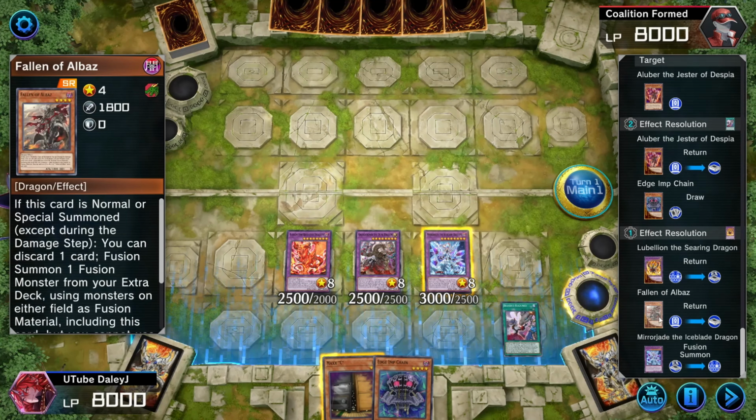Normal summon here, activate Aluber, add from your deck to your hand Branded Opening. What Branded Opening does: activate effect, discard Edge Imp Chain because it has graveyard effects. I'm going to select Ad Libitum. After you have selected your monster, you can summon it to the field or send it to your hand. Yes sends it to the field, no sends it to your hand. So I'm going to add it to your hand to show you the combo with Ad Libitum,